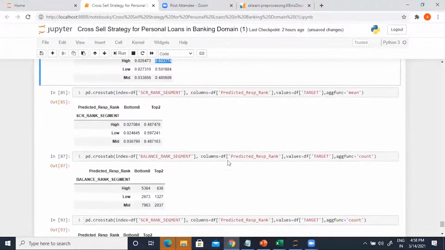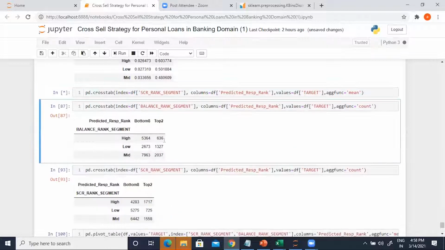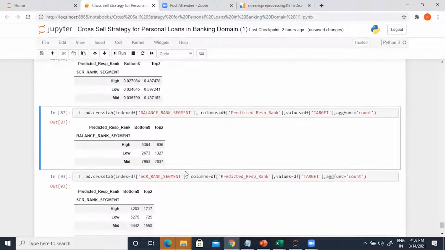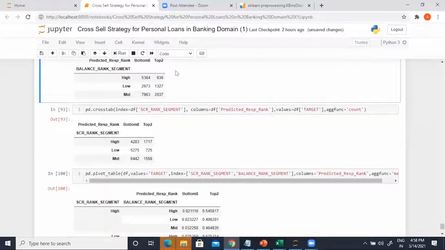Now, in order to give this a more strategic feeling of a good framework, we must also look at the relationship with score. So when we do the same activity with the score rank segment, we can see that within the score rank segment also, top two is where your focus will lie. So you can skip these two. This is just the count.